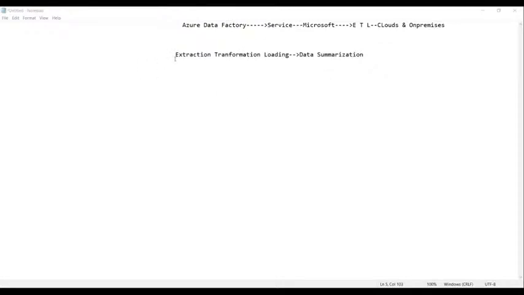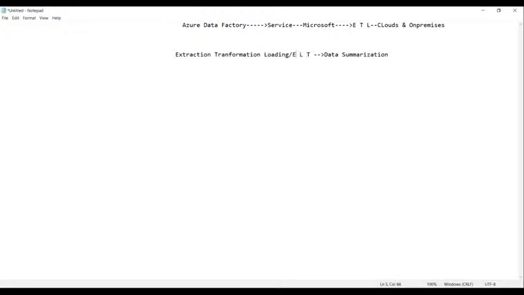Okay, so anyways, ETL stands for extraction, transformation, and loading. This is a process where the data is summarized, so we can say it is a technique used for data summarization. And this ETL is a very old technique, guys. Nowadays we are even using ELT.